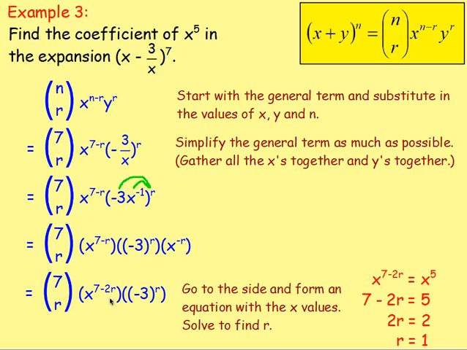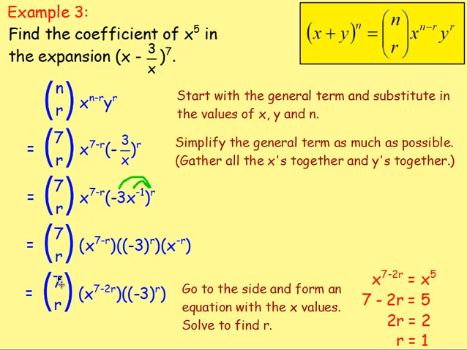From there, because you've simplified that, you know that you're wanting the coefficient of x to the power of 5. So this here, x to the power of 7 take away 2r, will eventually become x to the power of 5. So go off to the side, set them equal. The base is the same, set the indices equal, solve that to find r, and once you know r, sub it back in over here,